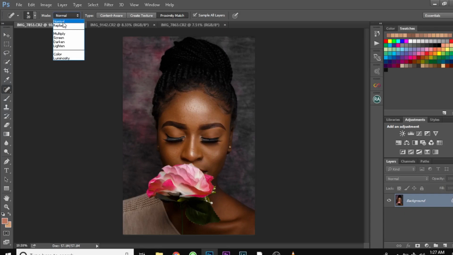The next thing you want to check is the mode. Set it to normal. The type, we have 3 types here. The first one is content aware, create texture and proximity match. For this tutorial, I'll leave it on proximity match. And make sure you always check this option, sample all layers. Okay, now